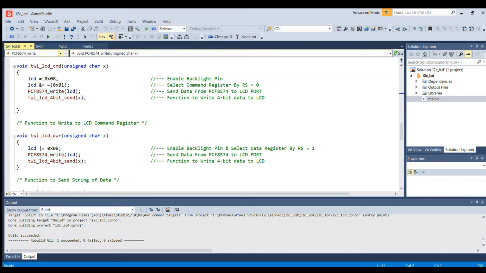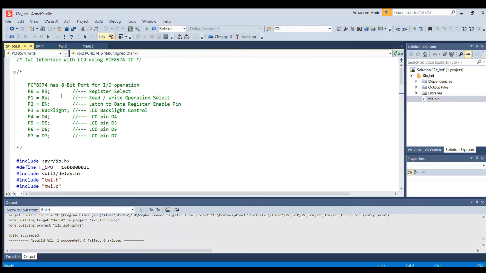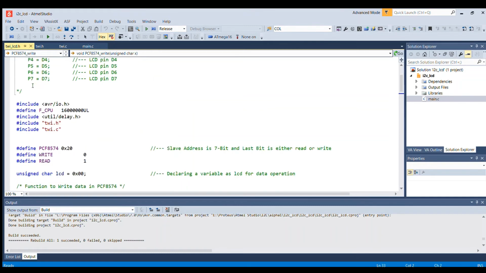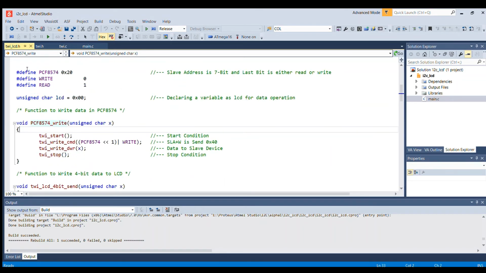From the start, here I have given the description of the pins. Here we have to define our address. Suppose you are using another IC, let's say the PCF 8574A, the address must be changed here. It should be around 70 or something, but I'm not sure about that.